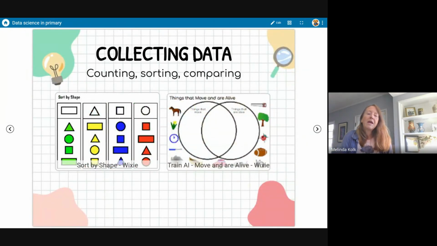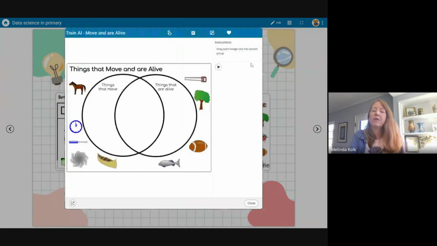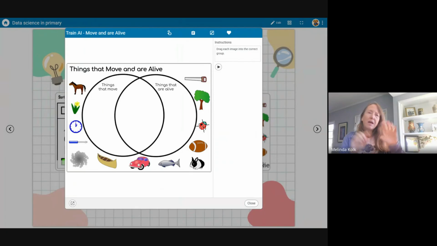Similarly, I mentioned a little bit of that compare and contrast. How are things similar and different? We're doing sorting. We're classifying objects. We do that all the time in those elementary grades. And here are just two examples, on a piece of paper where they're highlighting, and I think these are in a computer program where they can click and drag. But even something in science, things that move and are alive, those Venn diagrams, every time you do that, we're sorting and classifying.